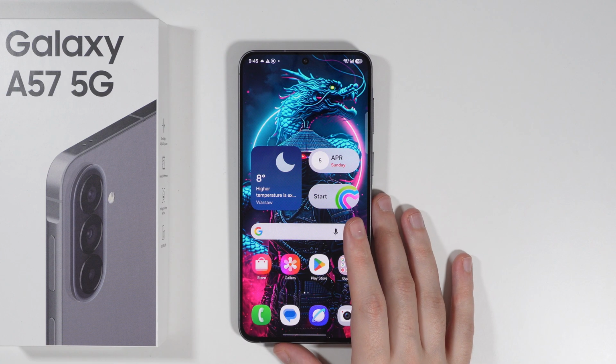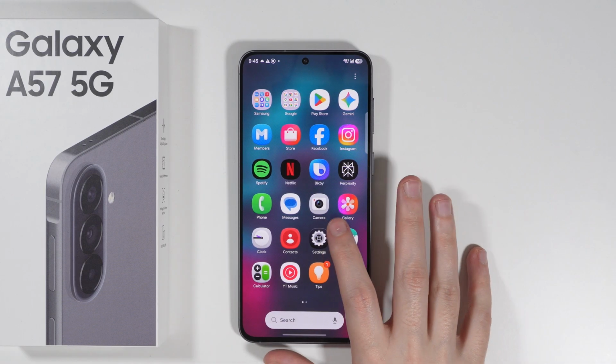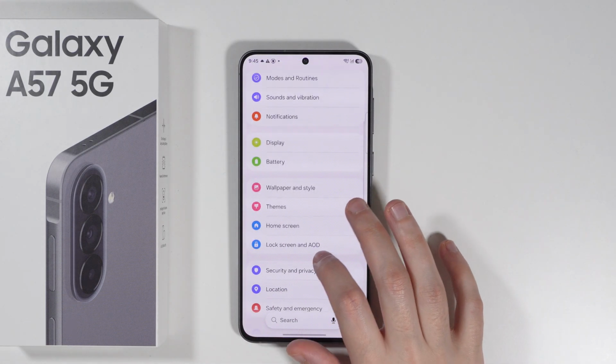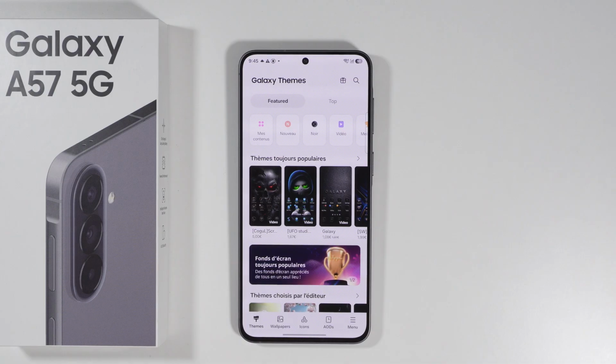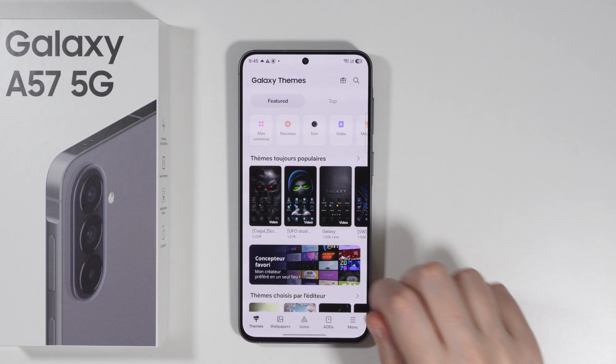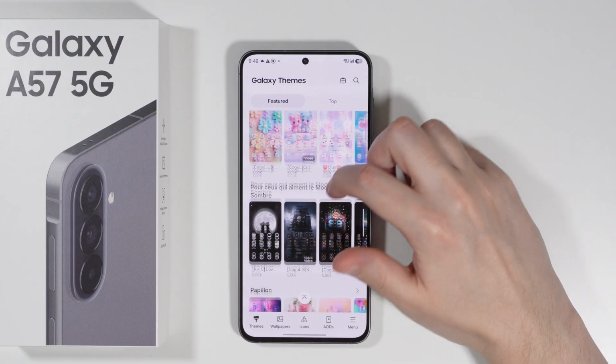If you want to change the theme on Samsung Galaxy A57, first of all, we need to go to Settings. Over here in Settings, we're going to proceed to the Themes option. Once you open Galaxy Themes, you should have Themes selected at the bottom of the screen. Now over here, you can try to find the theme that you wish to use on your phone, and you